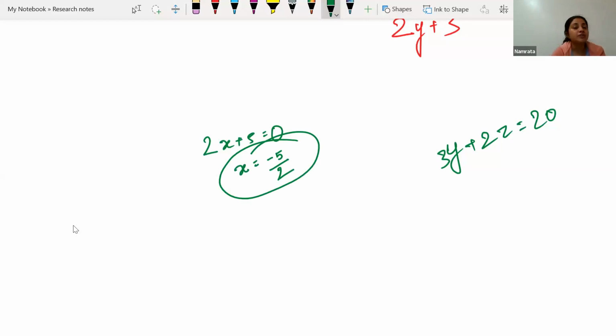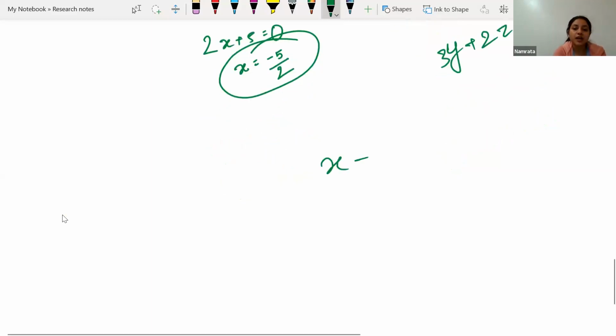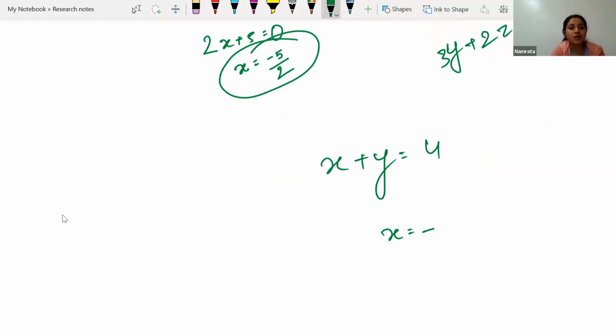What is the solution? The solution is x = -5/2 of this linear equation. Now when we have a linear equation in two variables, let's say x + y = 4. Here what will be the solution? The scenario is quite different. If you tell me that x is this one, this is the solution, that is not the case. First thing first, we won't be able to solve this equation, right? Here two variables, two unknowns are there,